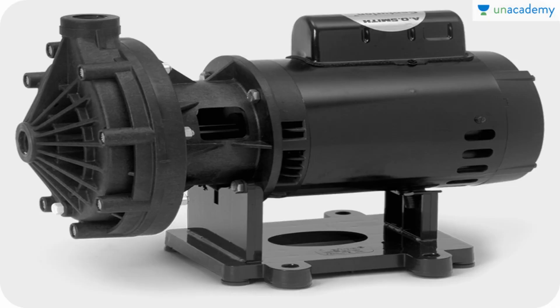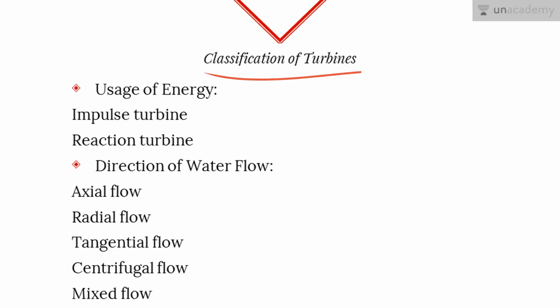So this is the image depicting the pump. So let's move on to the classification of turbines. According to the usage of energy, the turbines are divided into two types, namely the impulse turbine and the reaction turbine. In the impulse turbine, they use the impulse force, and in the reaction turbine, it makes use of the reaction force. Then according to the direction of water flow, the turbine is divided into the following, that is axial